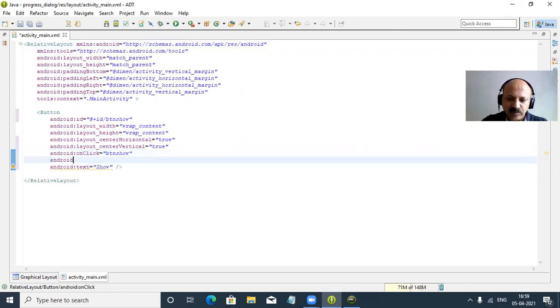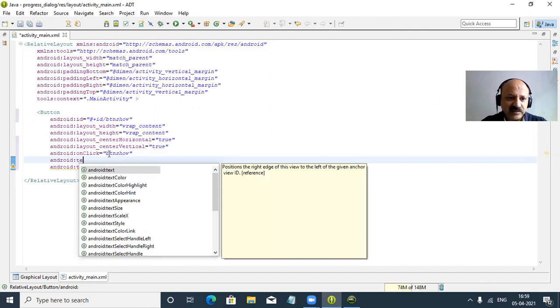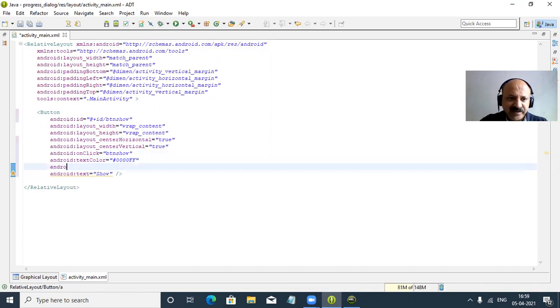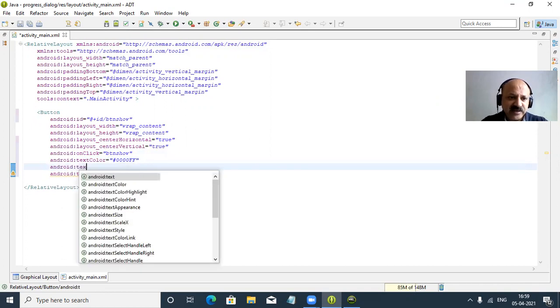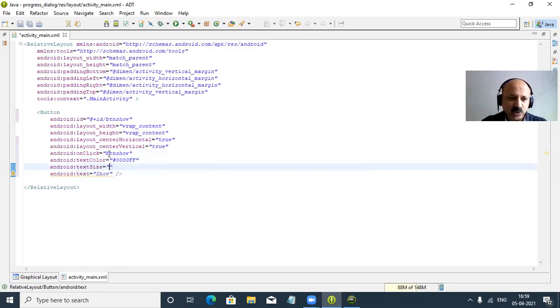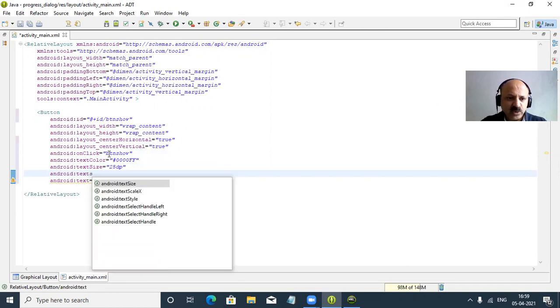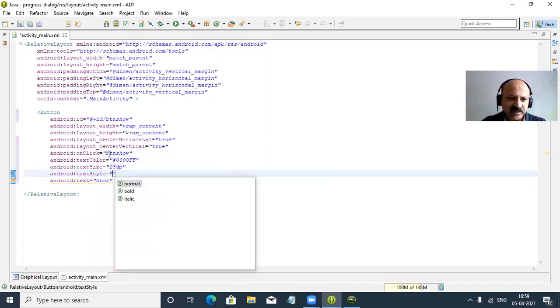Then we provide the text color in hexadecimal, 0040ff, a blue color. Then the text size, 25dp, and the last attribute, text style, like bold or italic. We provide bold.